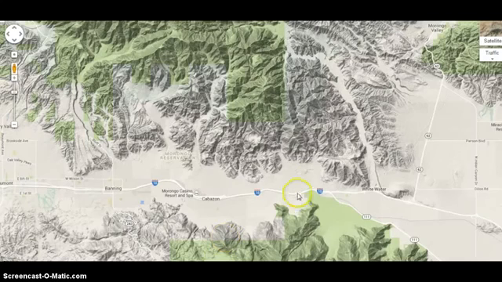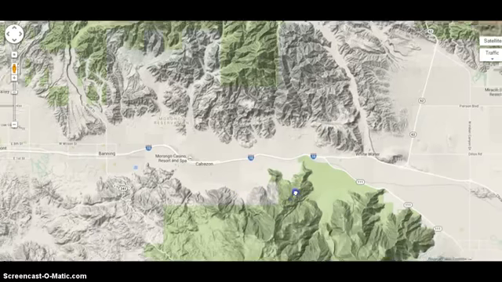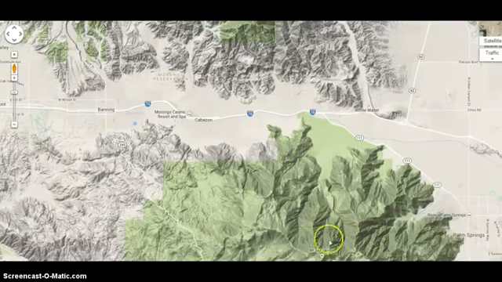I just happened to live down here in a little town called Whitewater a few years ago. And I go walking all through these areas, and I found it fascinating. Just beautiful mountains over here, San Jacinto,